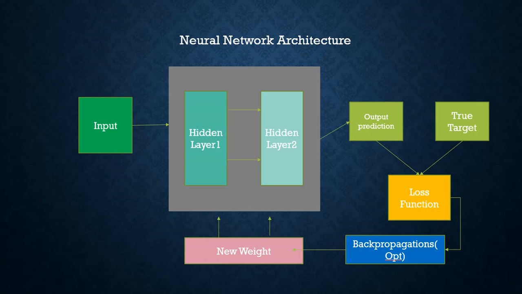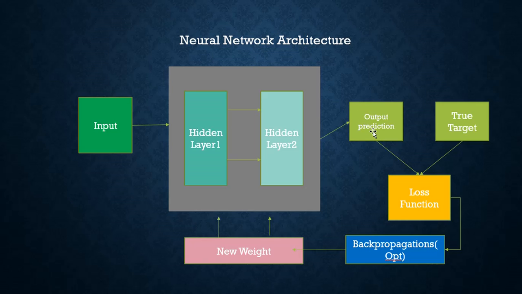This is the neural network architecture. You see here, it's very simple and easy to understand. We have an input. This is the first step. The input will go into this black box, which we call a black box. It has a number of hidden layers. Here I have added two hidden layers, one and two, and by using these hidden layers, it will give the output. That's called the prediction from the neural network.